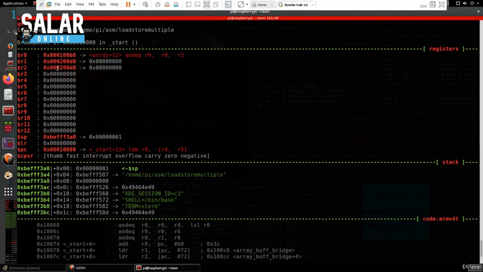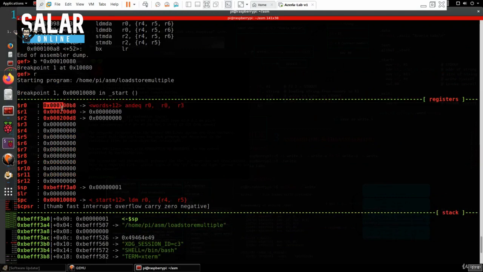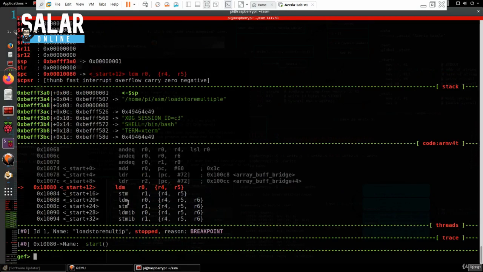So if we look at the registers, R1 contains this memory location, and similarly R2 contains some memory location. And if we do an LDM, R0 and R5, sorry, R4 and R5, what happens here is it loads